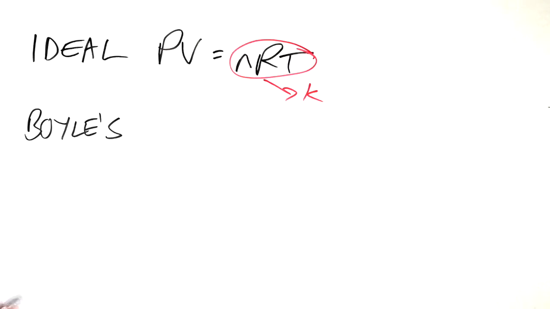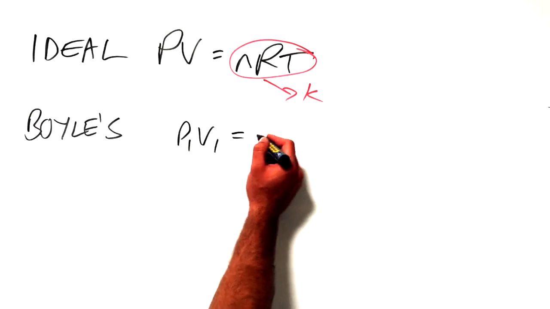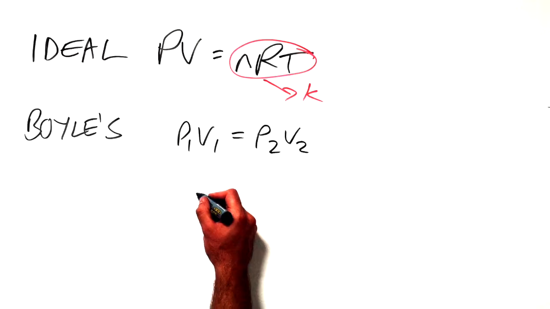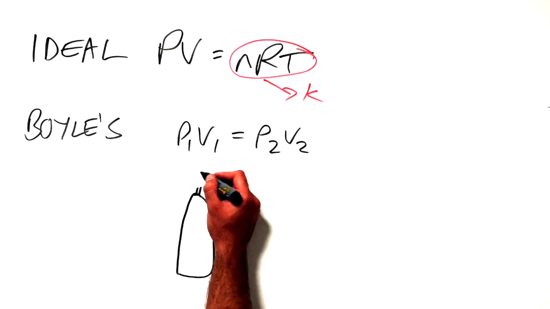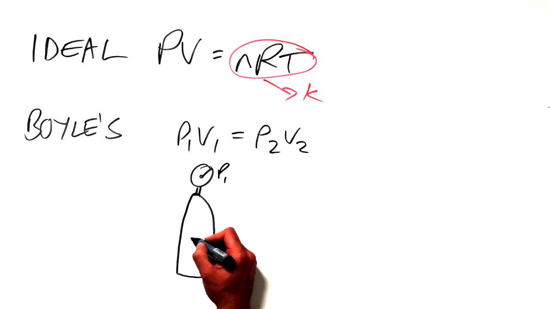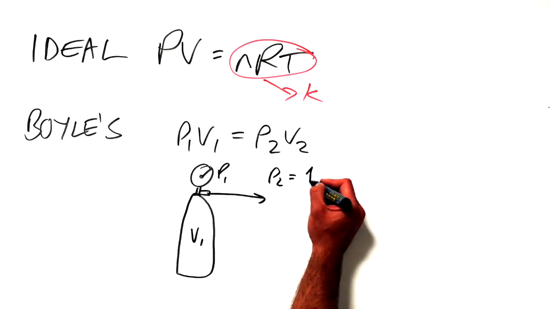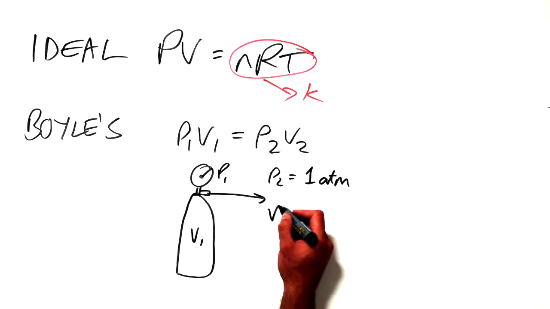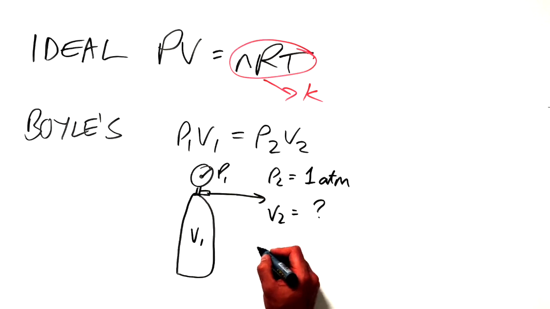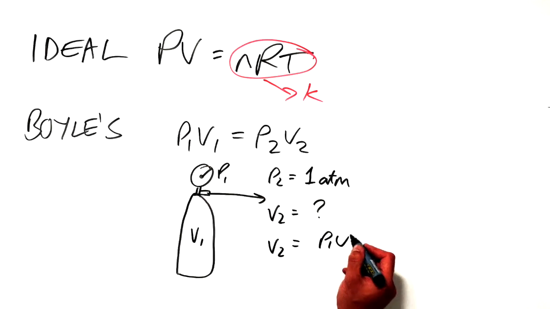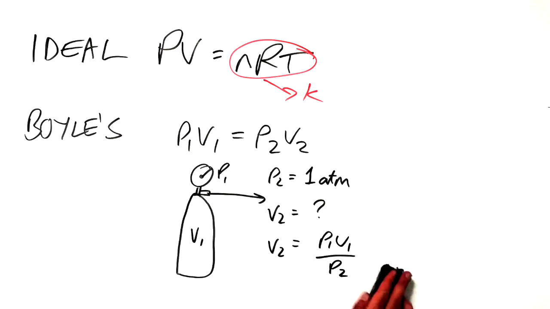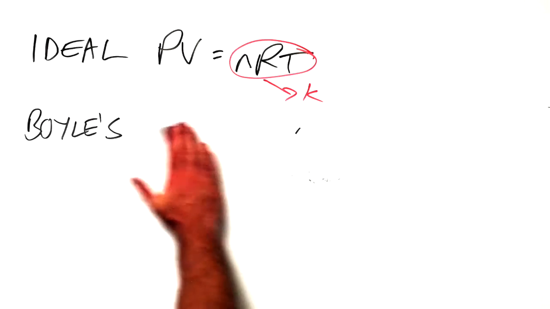Boyle's law can be restated as P1V1 equals P2V2 for a changing system, and this can find clinical application when trying to work out the volume of gas that will be liberated from a pressurized cylinder of pressure P1 and known volume V1 at a known pressure P2, which is 1 atmosphere, for example. There, V2 is equal to P1V1 divided by P2. This will tell us the amount of oxygen that we can derive from our cylinder, because oxygen is stored as